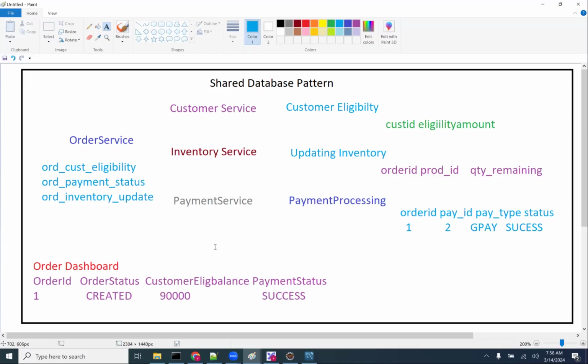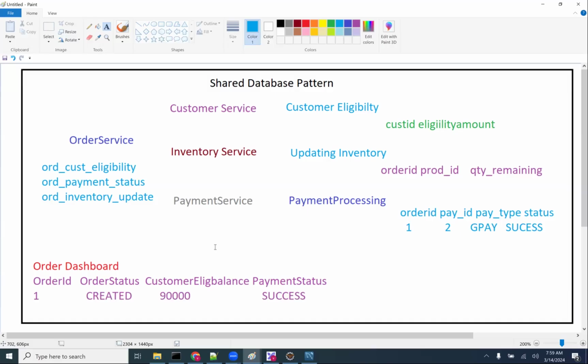It is not applied to everyone. It all depends on your GUI. It all depends on your data volume. Assuming that the data volume is very, very high, and one day you are going to take a million orders. Okay. So maybe rather than creating different schemas per service, I can create all the tables in one schema itself. For example, my order volume is 1 million per day. I'll take only one schema